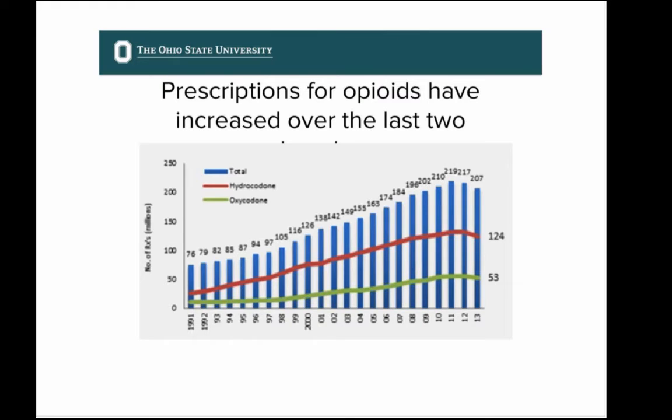A principle from this is that a certain percentage of people who use the drug will end up showing addiction properties, which we will talk about later. And there's going to be a certain amount of misuse. So the more prescriptions that are out there, the bigger the number of people that will suffer from an addiction problem or who will be involved with misusing the drugs in some way or another.